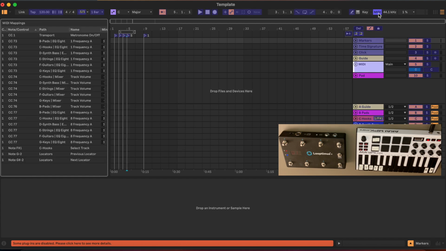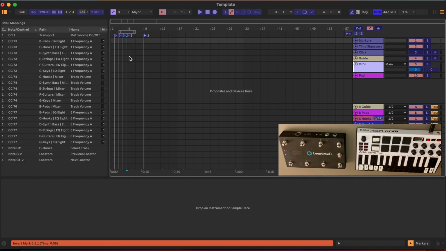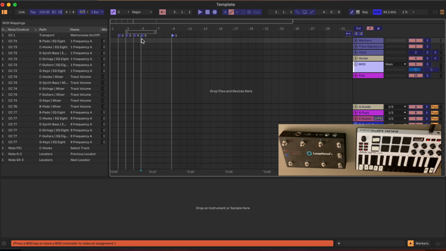This is my normal template. So I'm just going to go in and assign. I always keep these 4 or 5 song markers just at the beginning so that whenever I start building a set, I don't have to go in and reassign everything. So we're going to say I want song 1 to be this button because I want 1A to be my start. So song 1 is going to be 2,